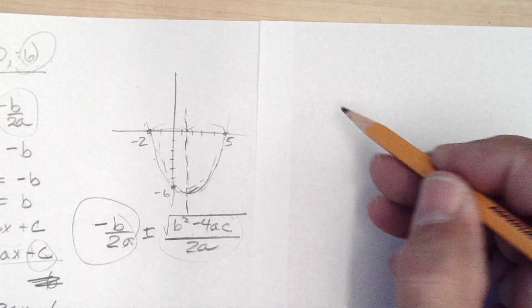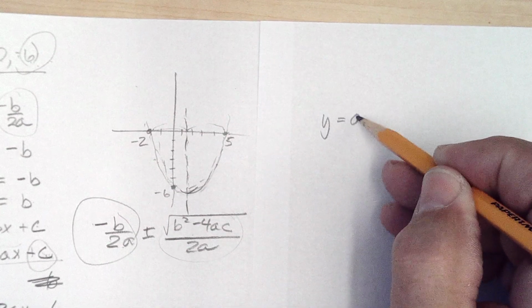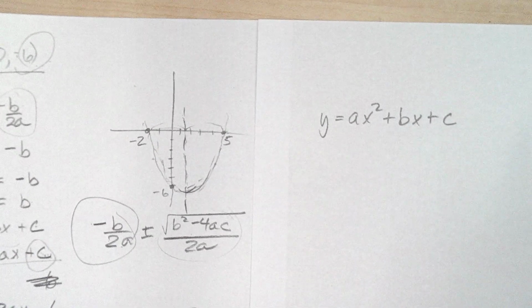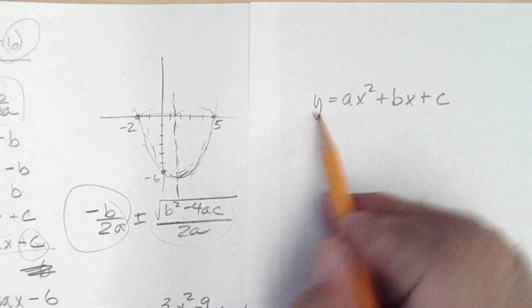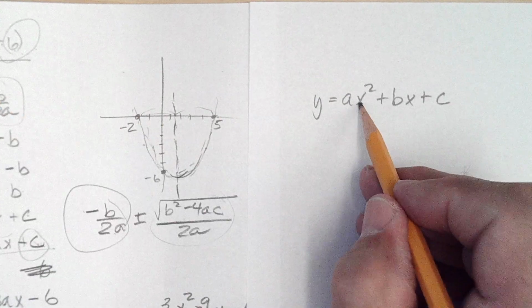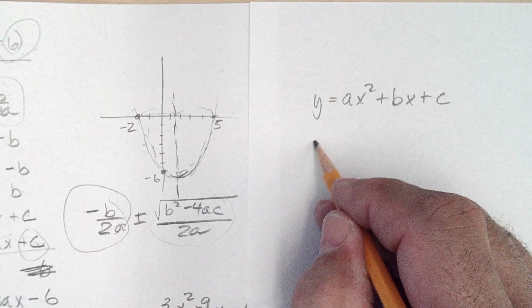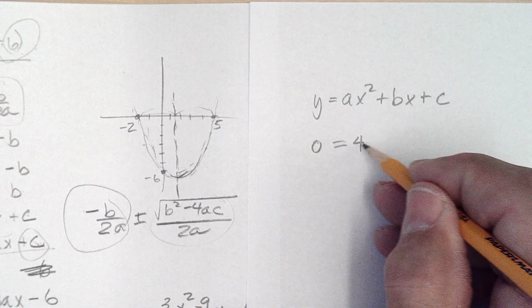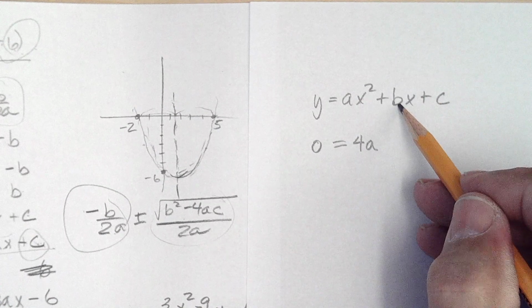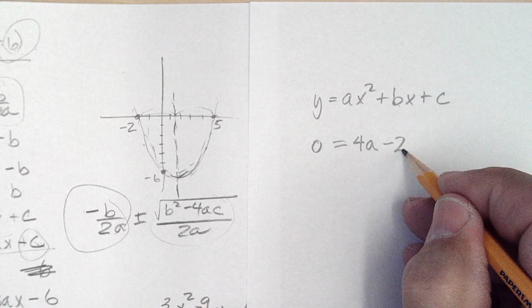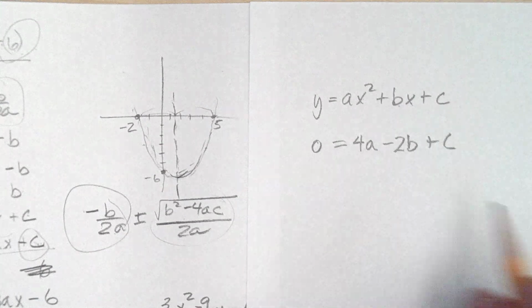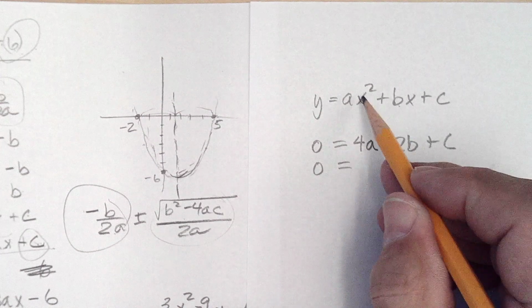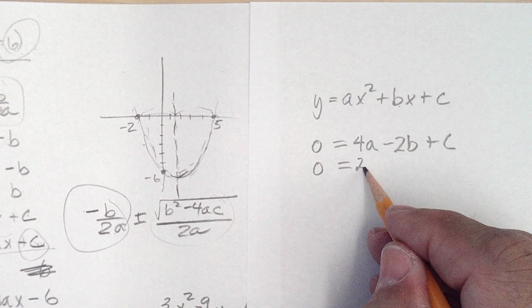Let's use the same form. And if I put in minus 2, I get 0. So I get 0 is equal to minus 2 squared, which is 4a, minus 2b plus c. And if I put in the 5, I get 0 equals 25a